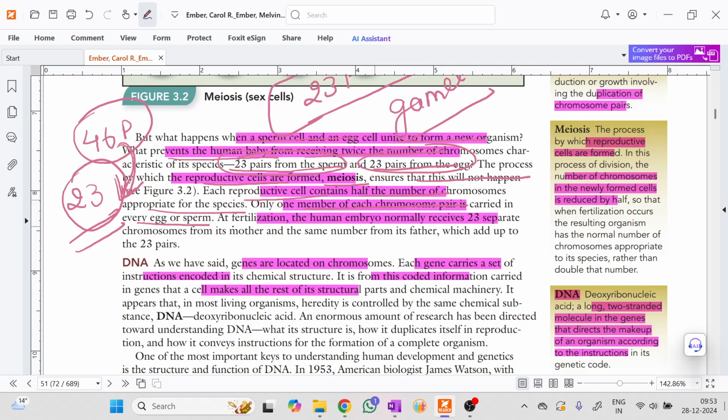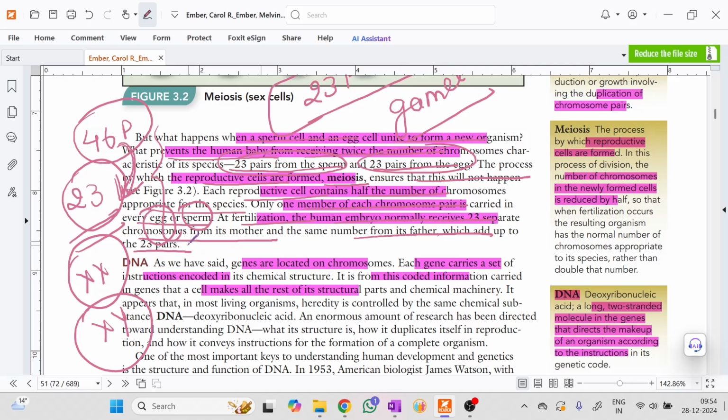So nature itself distinguishes between bodily cells and gametes. That's why the chromosomal composition of eggs and sperm is different. The egg is XX, and the sperm is XY. At fertilization, the human embryo normally receives 23 pairs from its mother and the same number from its father, which